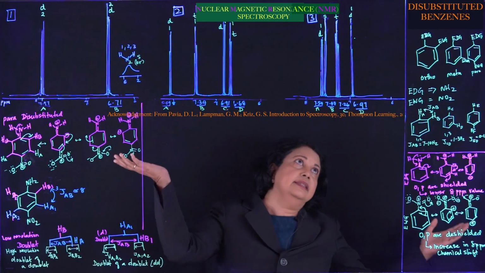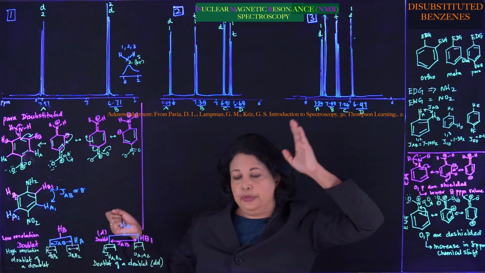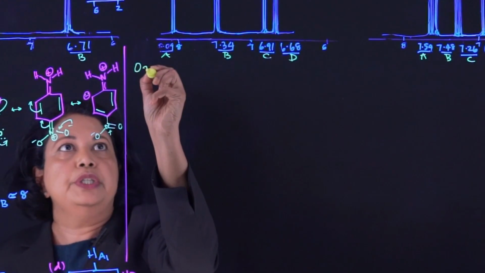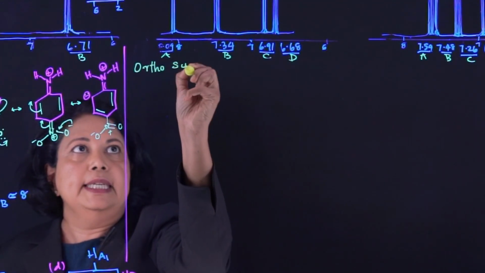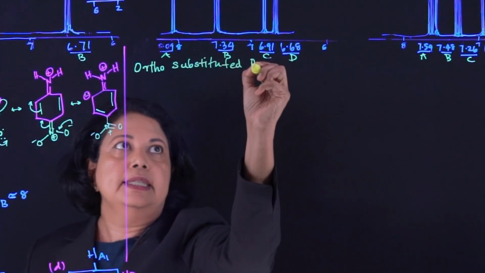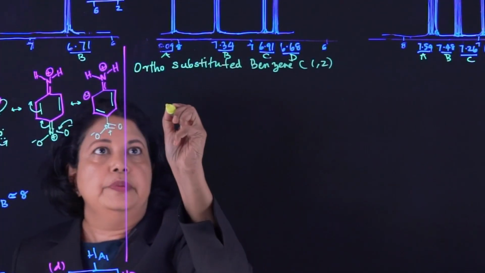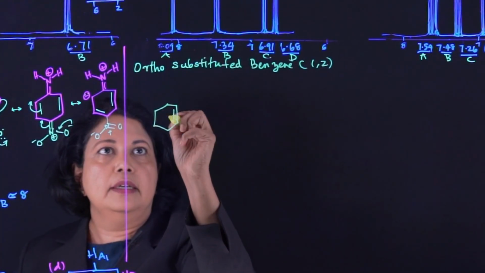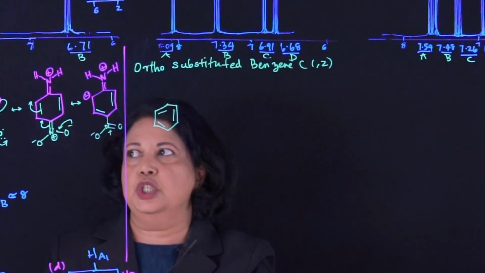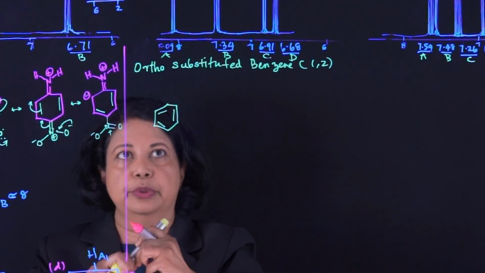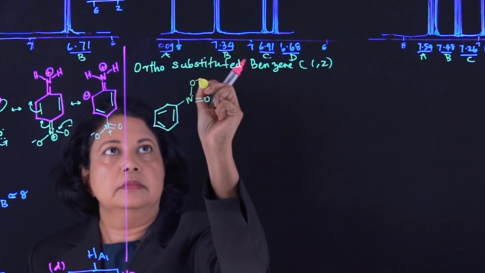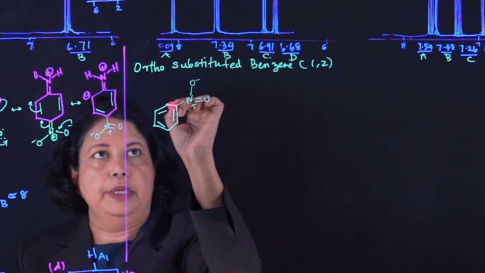Well, para's out of the way. Let's try ortho. Let's see whether that works out for this. If you have an ortho substituted benzene, that means you have a 1,2 substituted benzene. You would have an electron withdrawing group and an electron donor group that are right next to each other. So you have a NO2 here,